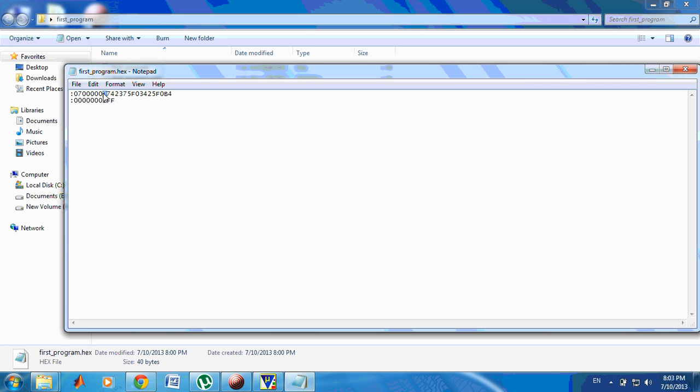The 0 before this opcode means that we have initialized or we have to execute these opcodes, and the meaning of this 1 is the end of the program. The last 2 bytes give you the checksum byte, and the meaning of these checksum bytes is that they are used for error correction.